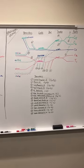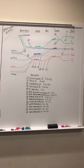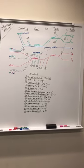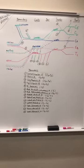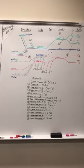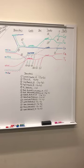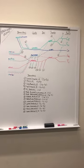We try to break this down as easy as possible with some color differentiation. If you are colorblind, I apologize in advance. Hopefully you can tell by the shadings that these colors are different. I will point out the different colors for those that are colorblind so they can actually see that these are different structures. A mnemonic for the brachial plexus, which you can remember, is ready to drink cold beverages, or Randy